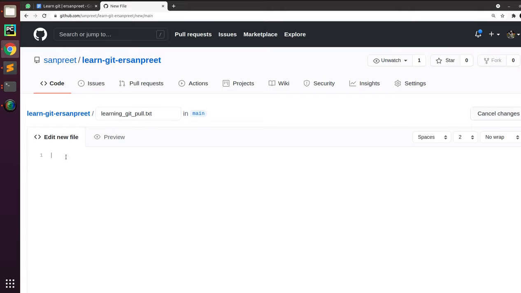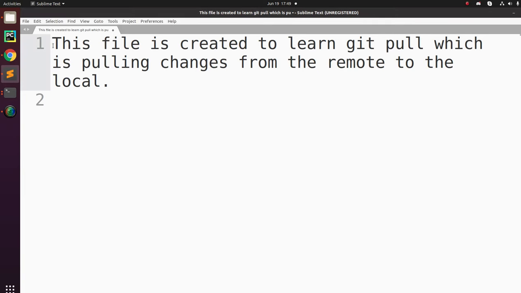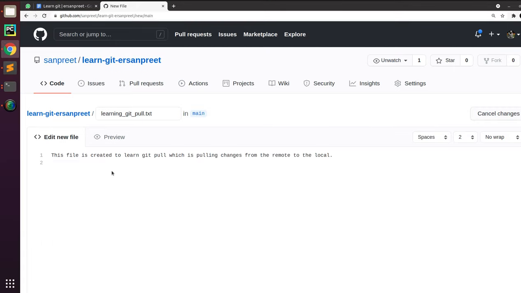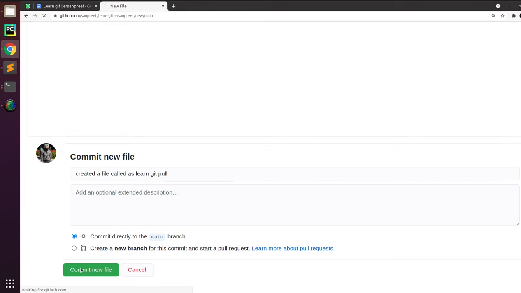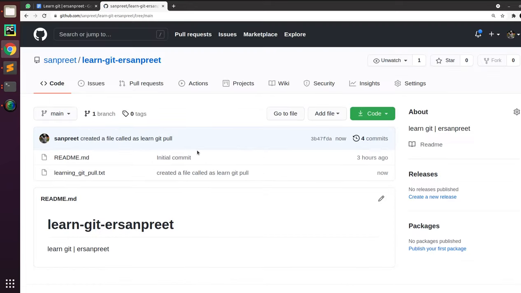This is the new file I have created, and I have added some content to it, which says this file is created to learn git pull, which is pulling the changes from the remote to the local. Then I committed the changes. Now it's very simple.